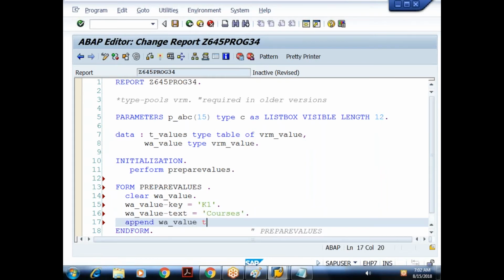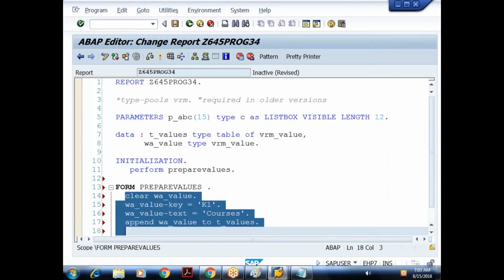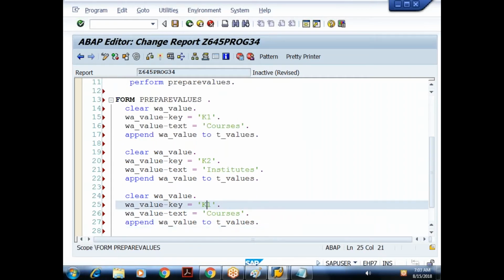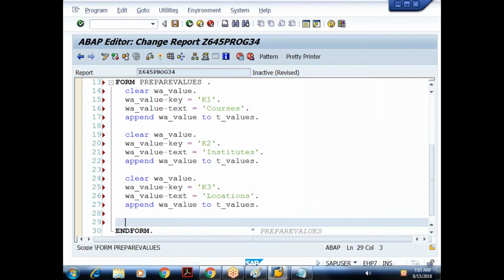Append w_value to t_values. K1, K2. This I'll give as institutes, done. And then K3, I'll give the third value as locations, done. So I prepared an internal table with three values.